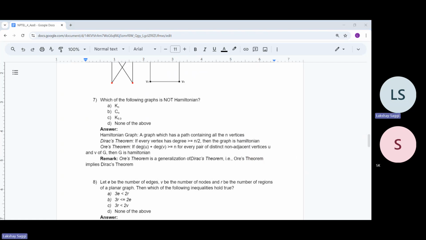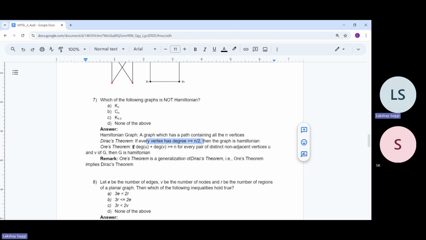So is this clear, SK? Why does Ore's theorem imply Dirac's theorem and not vice versa? If we want to say Dirac's implies Ore's, then we assume that Dirac's holds, then Ore's should hold